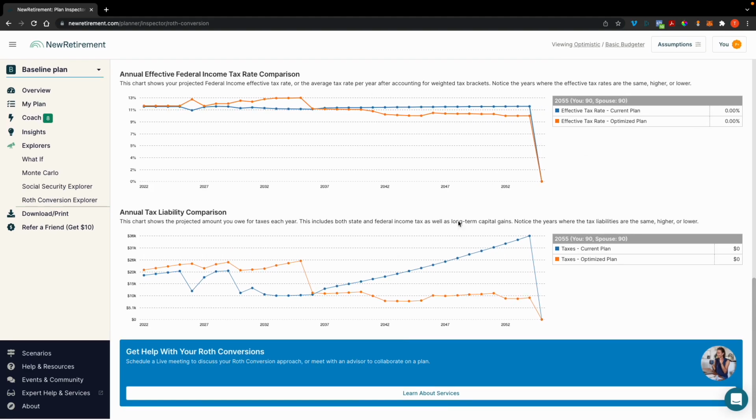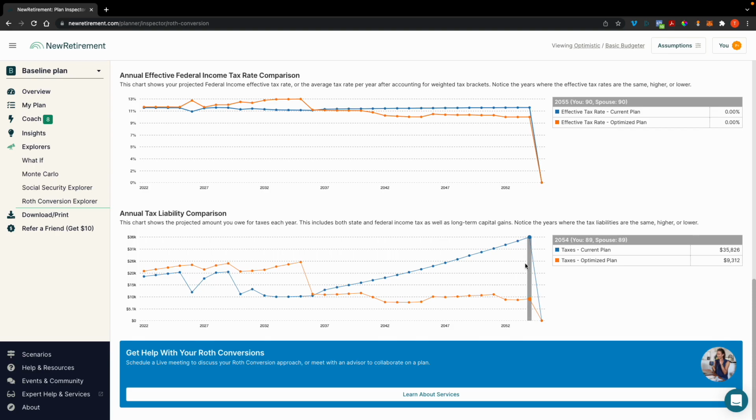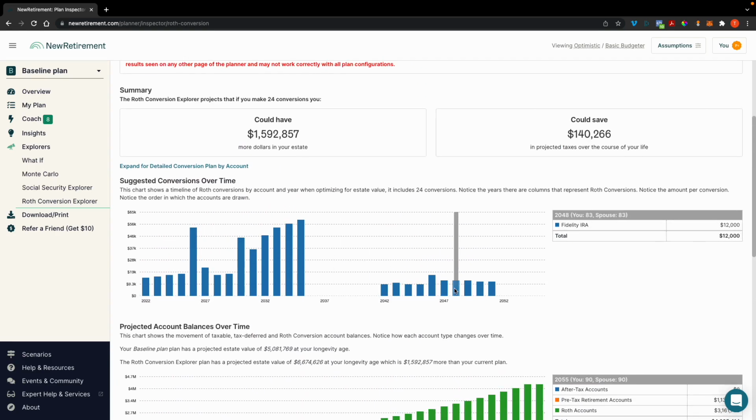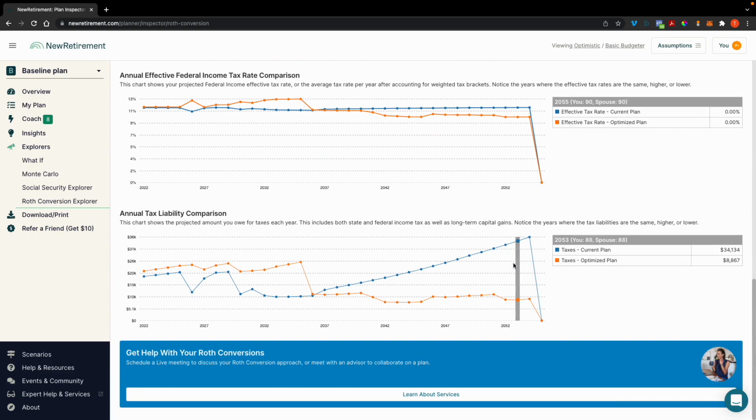And then if you were to look at it from a tax owed perspective, if you were to follow this exact conversion schedule, you could potentially be paying in the year 2053 $34,000 in federal taxes versus $8,000 in federal taxes, because so much has been converted from your pre-tax or traditional accounts that you're not even paying much in federal taxes at that point.